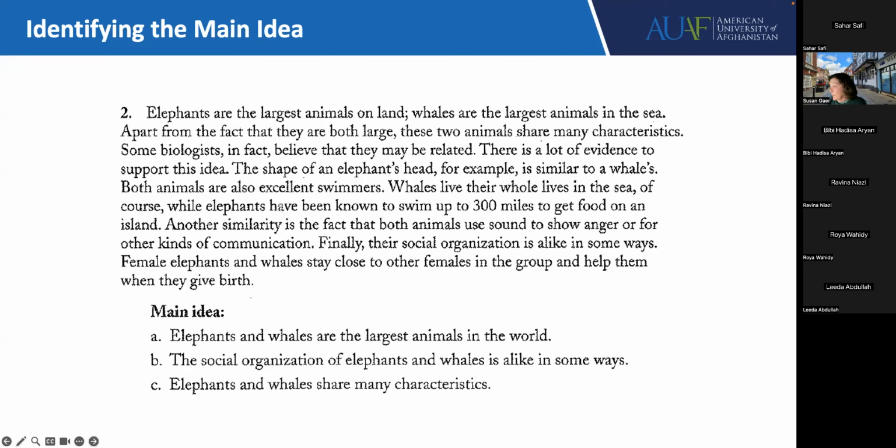Main idea. A. Elephants and whales are the largest animals in the world. B. The social organization of elephants and whales is alike in some ways. C. Elephants and whales share many characteristics. So what is the main idea of this one? A, B, or C? You can't see it?